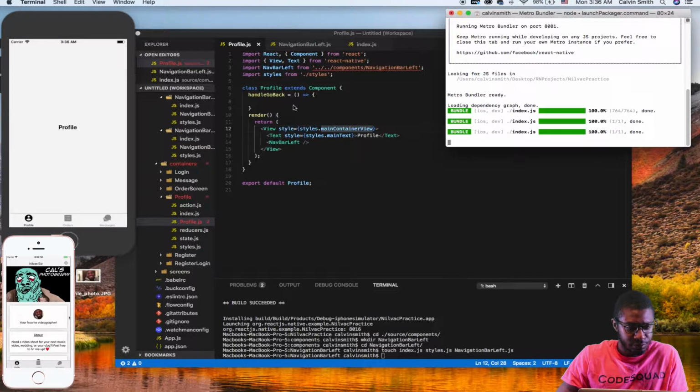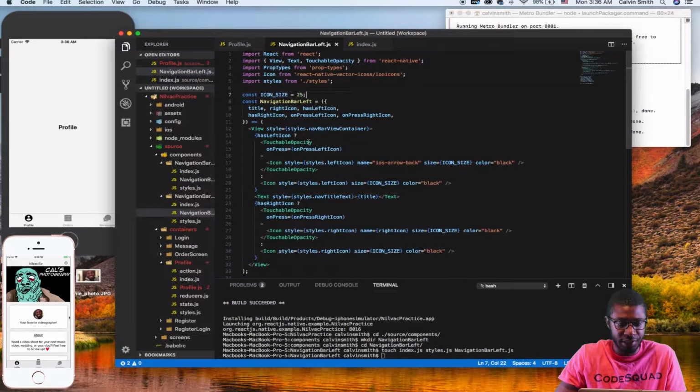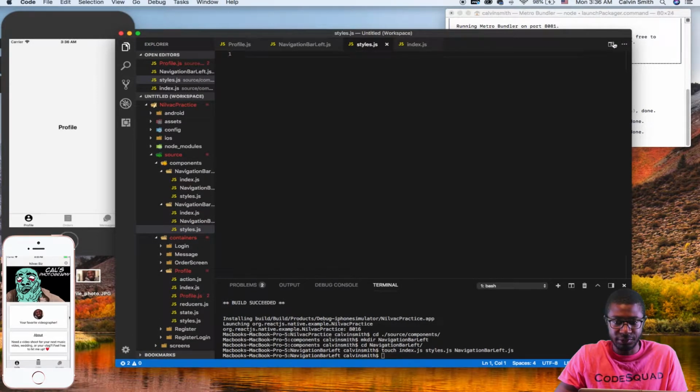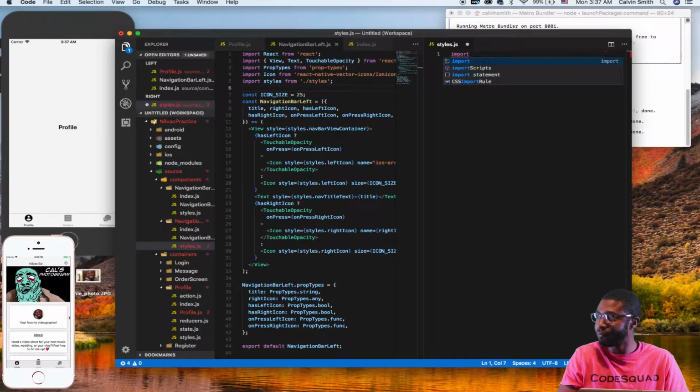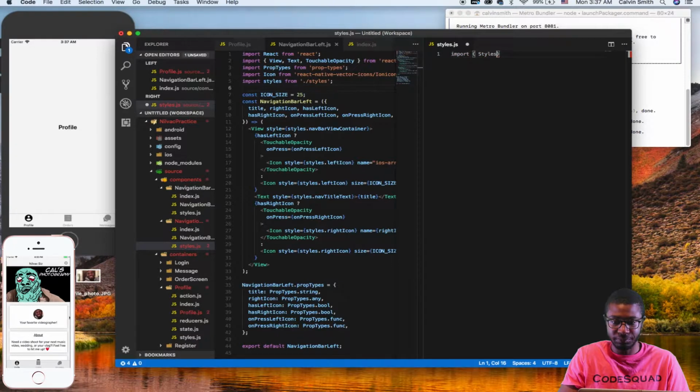All right, so I do not see it. Let's see why that is. Oh, okay, so we didn't actually add the styles yet. So we have to go into our navbar left styles, and we have to create the styles. All right, so we're going to say import StyleSheet, Platform, and Dimensions from React Native,